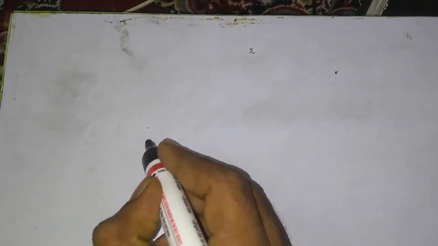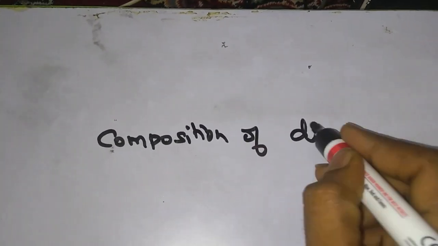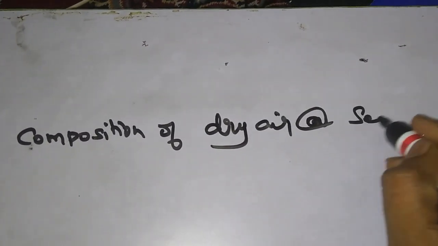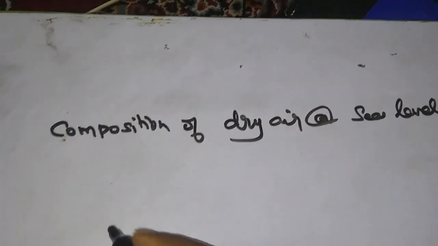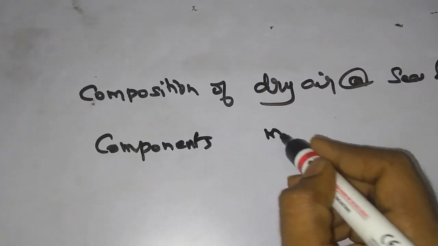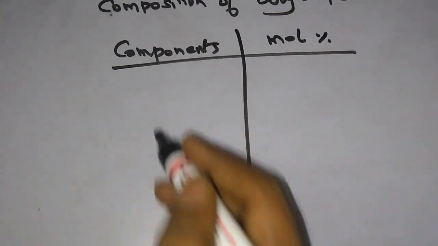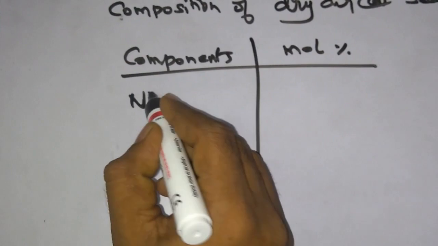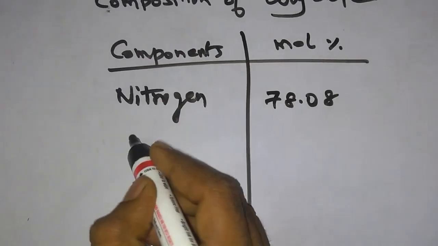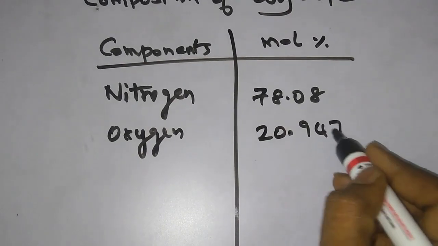If you look at the composition of dry air at sea level or near sea level, the major components, in mole percentage, can be given as: nitrogen 78.08, oxygen 20.9476,